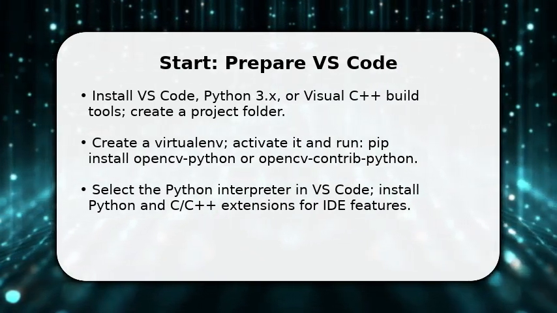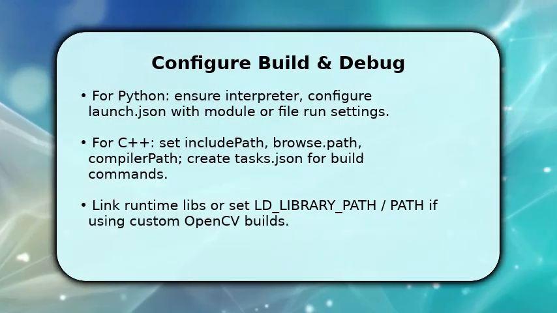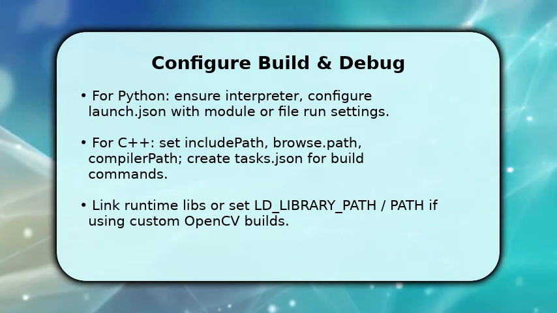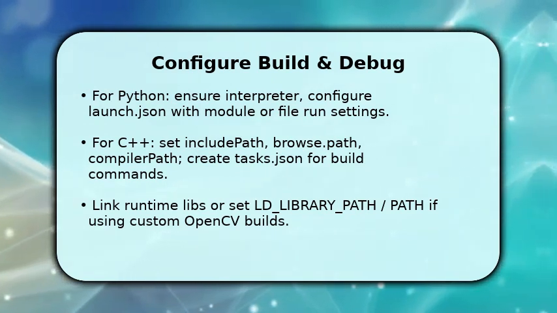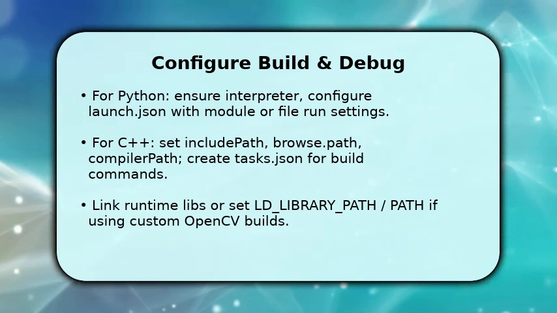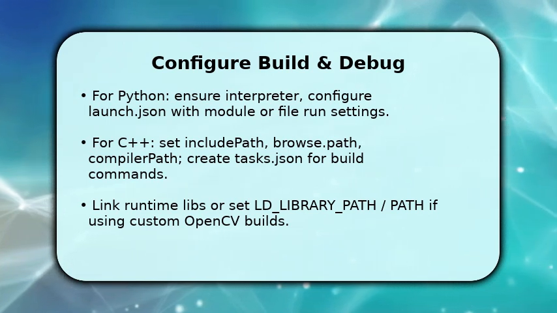Once the interpreter and extensions are in place, configure how you run and build. For Python, create a launch.json entry to run the file or module and enable console output so you can interact with cv2.VideoCapture. For C++ projects, define include path and compiler path in c_cpp_properties.json,